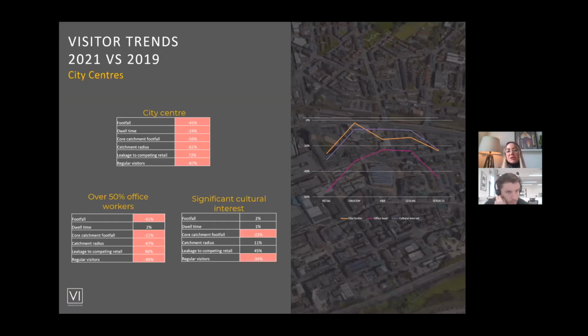So to start things off, I thought it was interesting to show you some of the visitor trends that we've seen across different location types in 2021, so that's January to November, versus that same period in 2019, to really show you how looking at different sources of data can ensure that you have a very localized and specific understanding of how a place is performing, especially, I keep saying, in this post-pandemic environment,